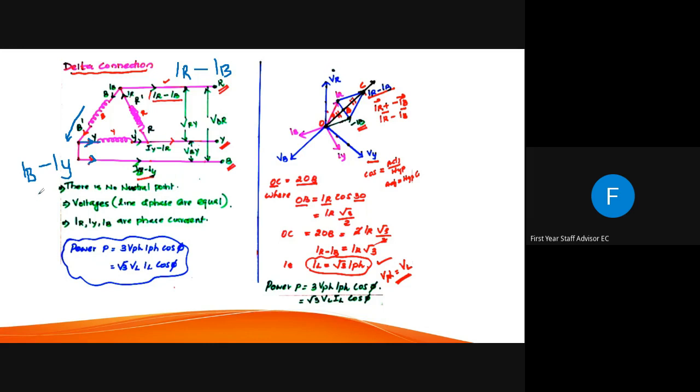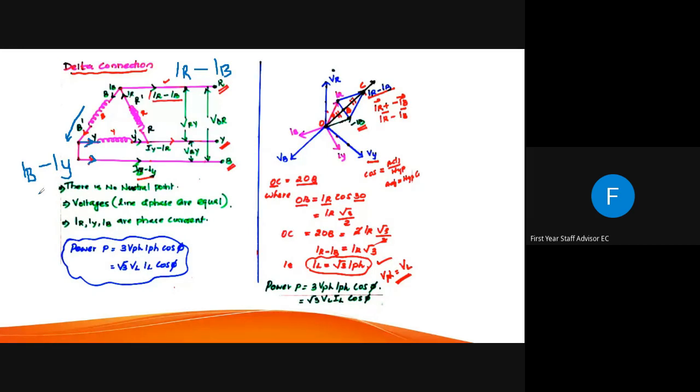So we can say that the difference between star and delta is, in star connection, winding current and line current were the same, but in the delta connection, both the currents are different. So phase current and line current are not equal in delta connection, but they are equal in star connection. And one more similarity: in star connection, the phase voltage and line voltage were not equal, but in the case of delta connection, the phase voltage and line voltage are equal.